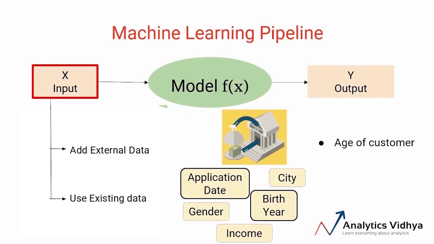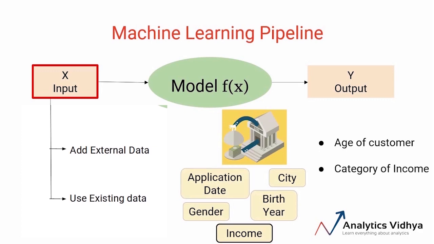This new variable age might impact the performance of the model and we'll be able to estimate the default ratio of customer, right? We can also use the income variable to generate a brand new variable. Currently, income is a continuous variable and we can divide the income into categories, or you can say different bands. For example, low income band, high income, average, and so on. So in this case, we've seen that we can use existing variables to generate new variables like age and income band. This technique of generating new features using existing features is called feature engineering.